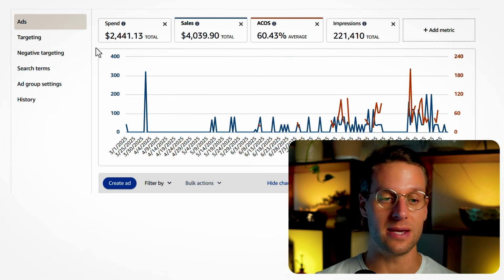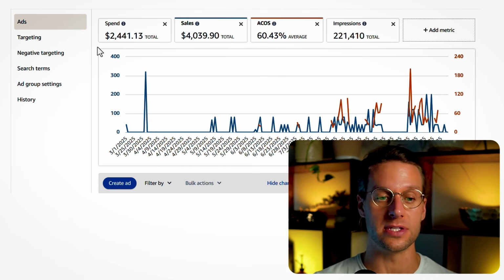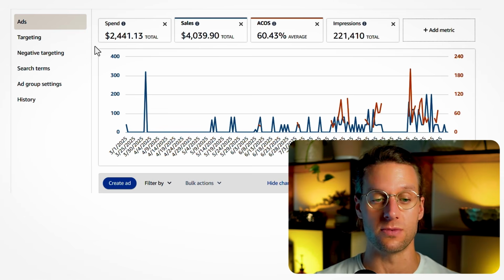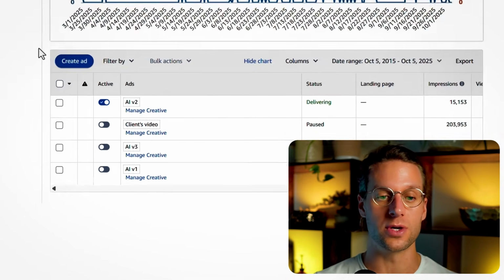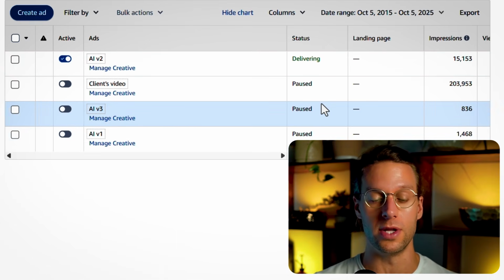So to do that, it's the same thing. You click into the ad group and you can go to the targeting tab. I'm not going to go through that whole process with you guys already because we've done that multiple times already. But what's different is under ads, you're going to see all of the creative that you uploaded for this sponsored